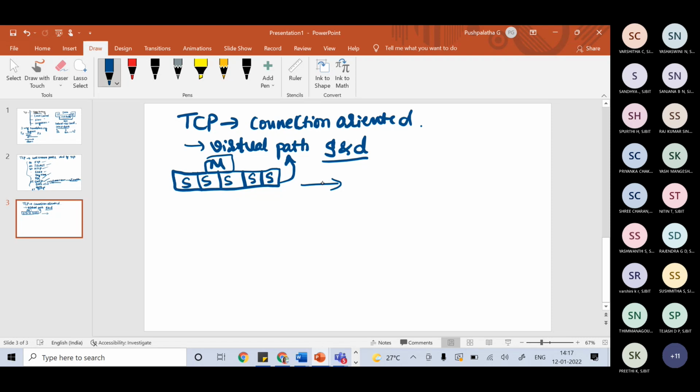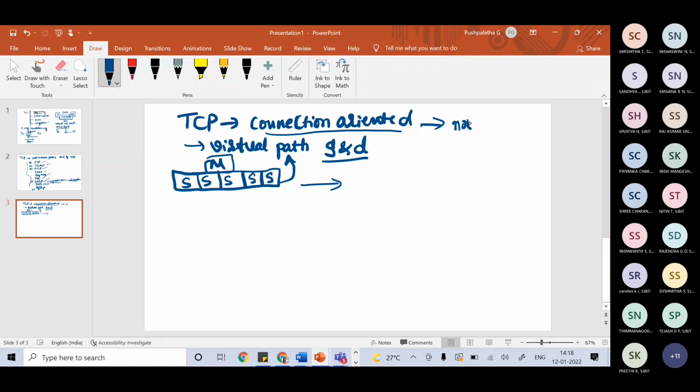You may wonder how TCP uses the services of IP, a connectionless protocol, when we know TCP is connection oriented. Though we say it is connection oriented, it is not physical.